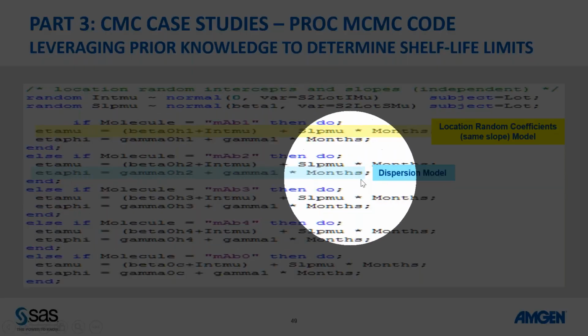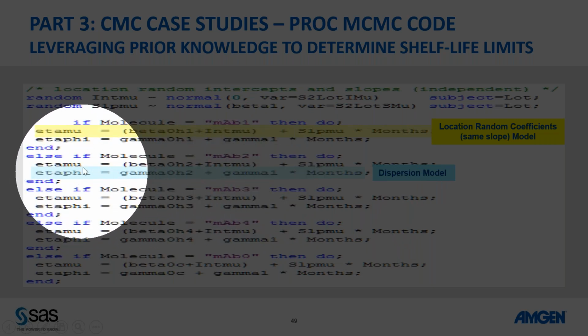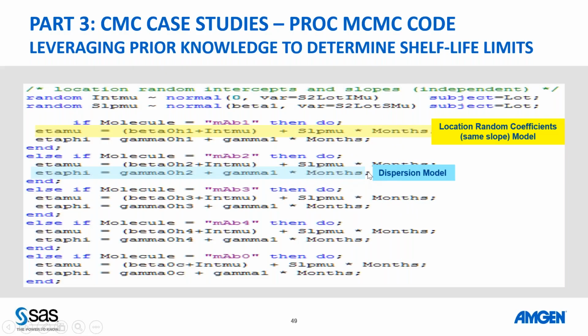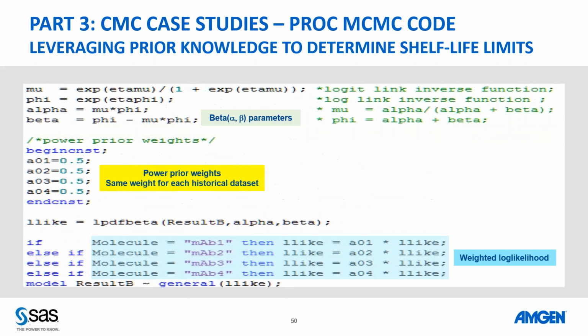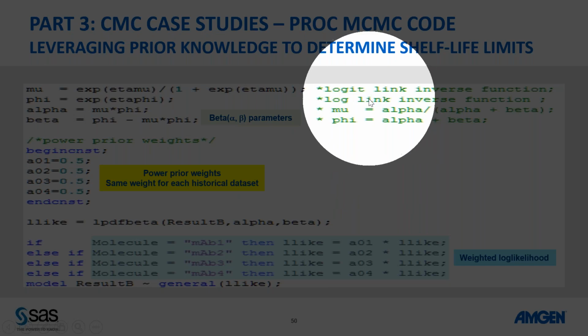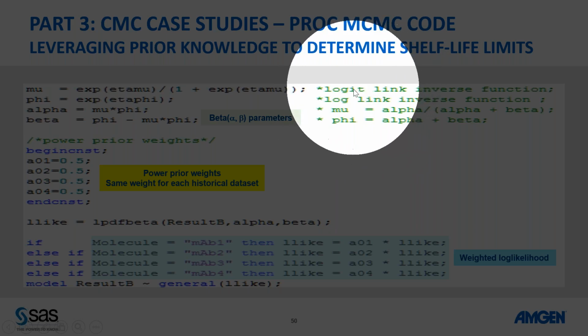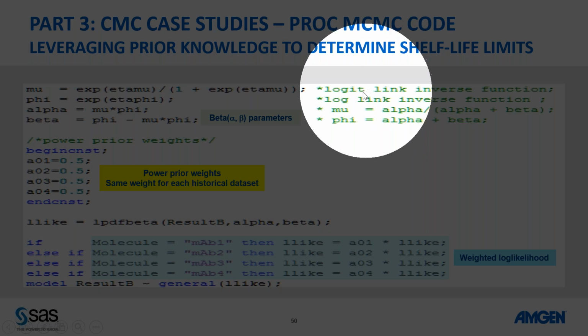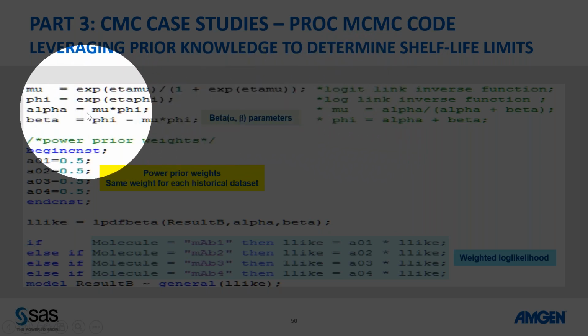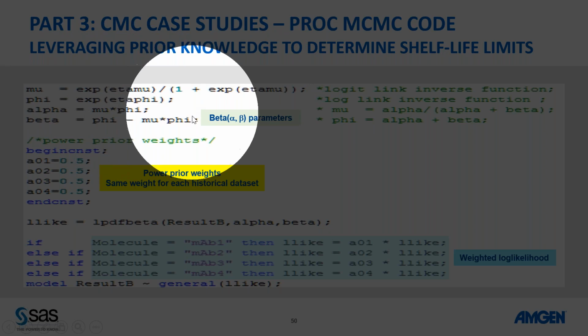And then this model is the linear model for the dispersion, the phi. The phi is the dispersion. So you have an intercept and you have a slope times time. And then it's just a transformation of the logit link and the mu and the phi computation. Remember we did logistic regression for the location, and the log link for the dispersion parameters. This is the inverse of the logit.